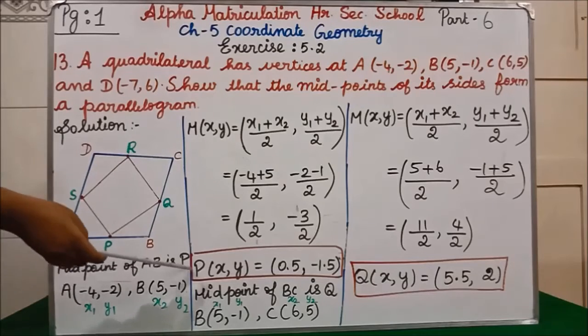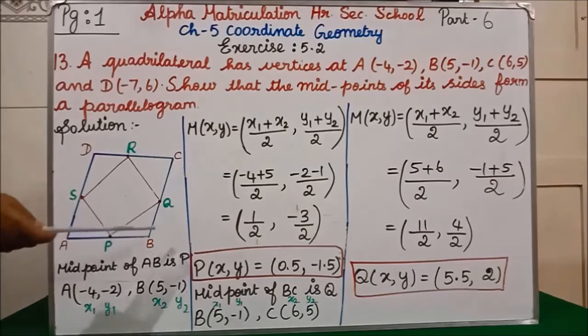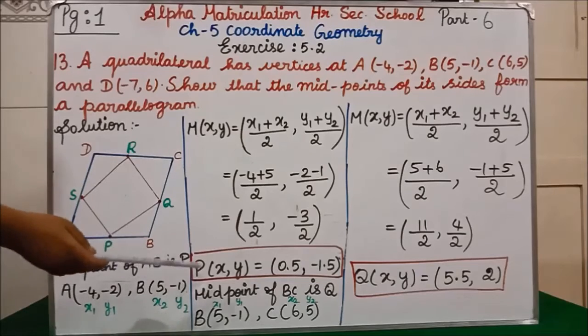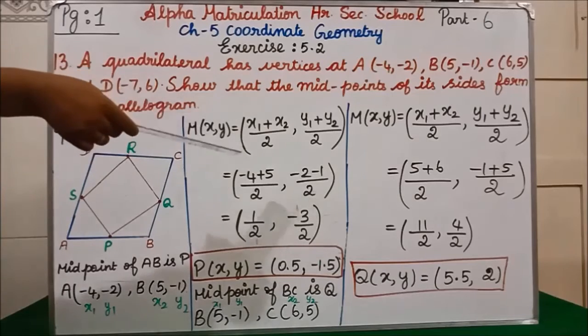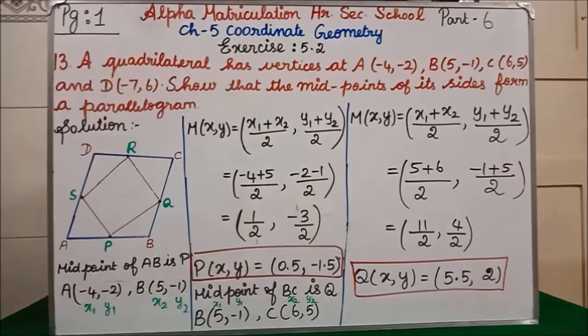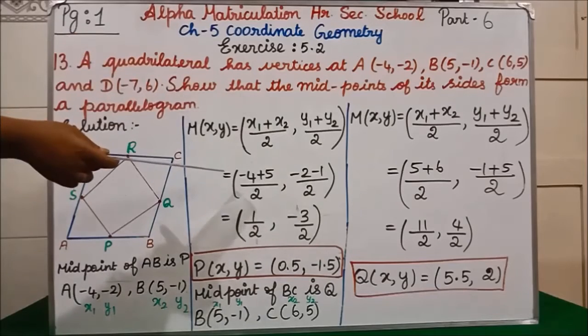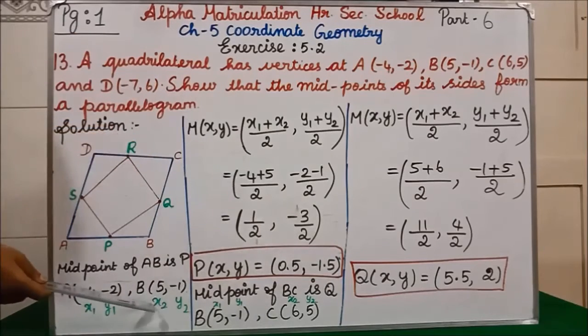Midpoint of AB is P. First we are taking the side AB. For that, midpoint of AB is P. A point and B point are given. First we have to take x1, y1, x2, y2. Midpoint formula we are applying here. Midpoint formula is what? x1 plus x2 by 2, comma, y1 plus y2 by 2. x1 value is minus 4, x2 value is 5, divided by 2, comma, y1 value is minus 2, y2 value